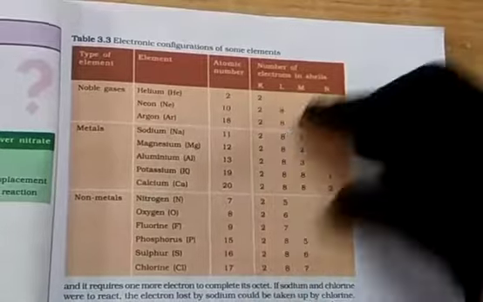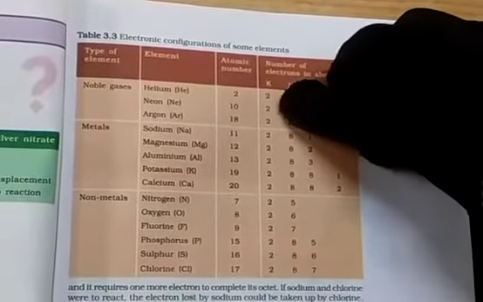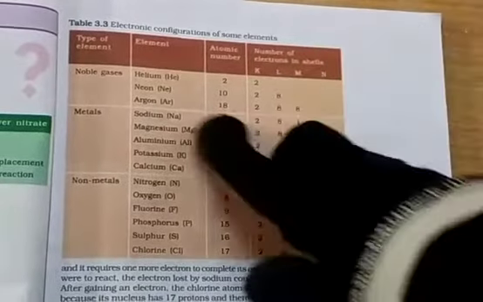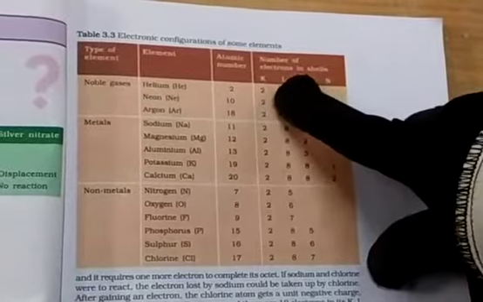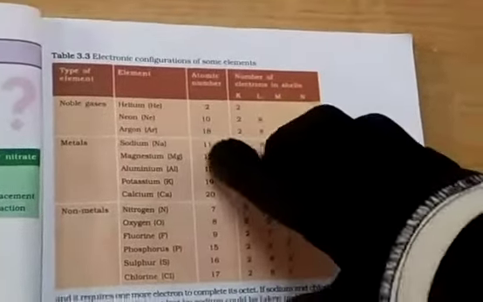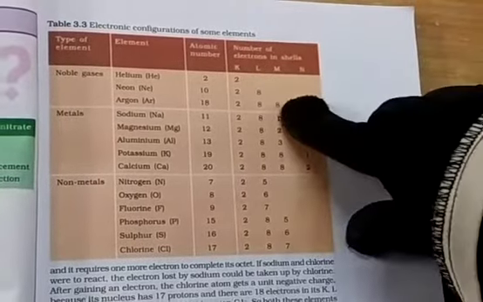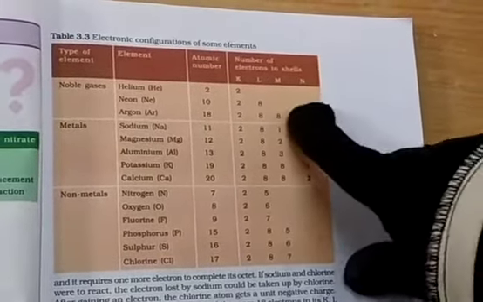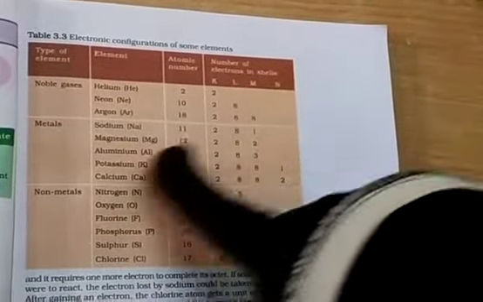Because it does not have any extra electron, it is stable. You can see the first orbit is 2 only. So here helium has only 2, no extra electron, so it is stable. Coming to neon, 10, so it is 2 and 8. 8 is the octet. If 8 is there, then it is stable. Therefore, this is non-reactive. Noble gases, which will not react, are known as noble.